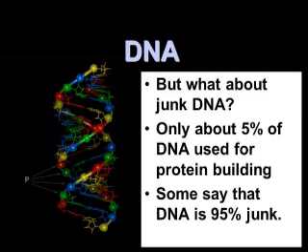And we knew not anything about what was going on in there, except it sure looked like junk. There were parts of it that looked like, they call them pseudo-genes, because it looked like they used to function as genes, but now they're not working. Give you one illustration. In your DNA, there is a pseudo-gene for vitamin C, or so they tell us.